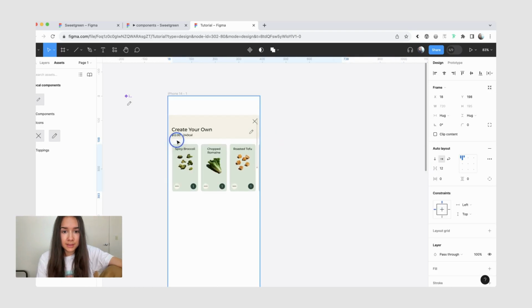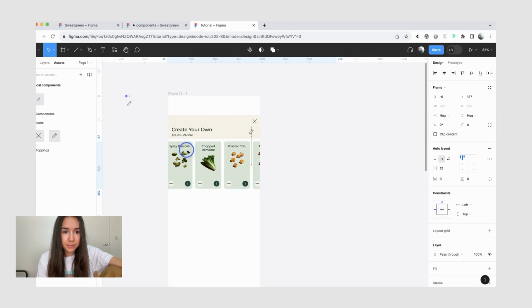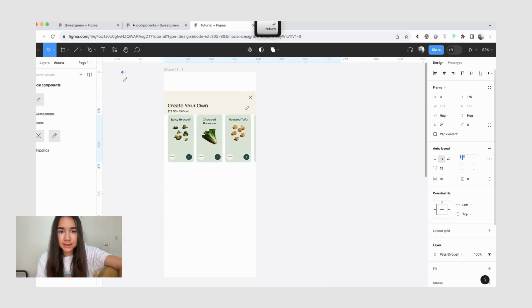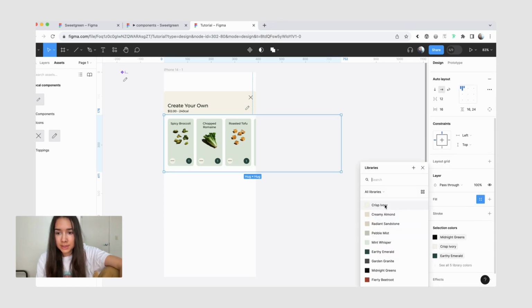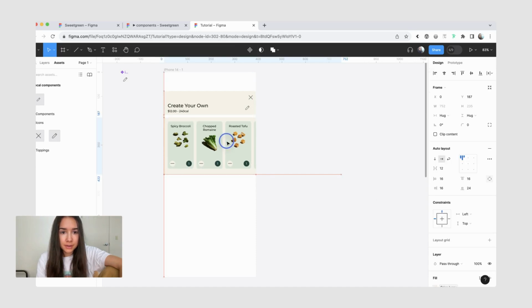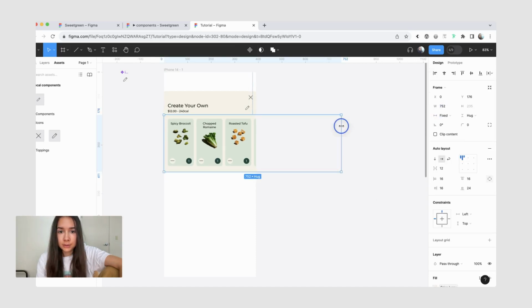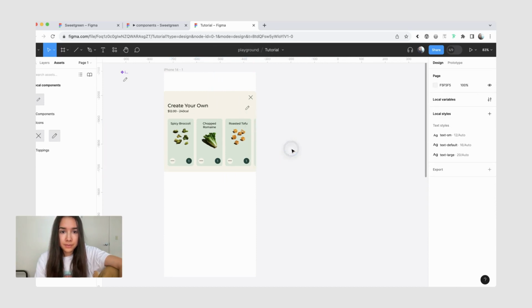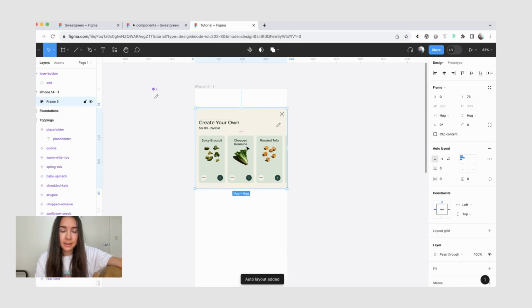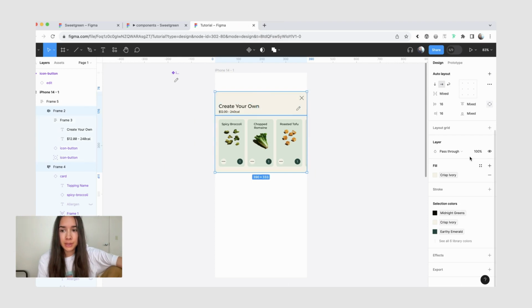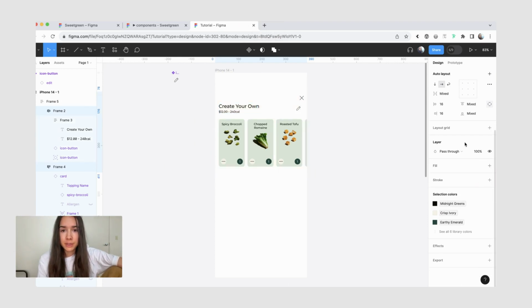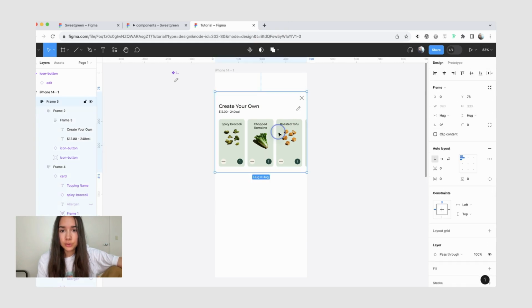And we're going to place it inside our frame. We'll add 16 horizontal padding, and then maybe 16 at the top, 24 at the bottom. And we're also going to set the fill to crisp ivory. And the last thing, we're going to set it to fixed width. And our fixed width is going to be 390. We'll combine these two layers inside their own auto layout frame. Actually, what we can do, since these two layers will always be together, we're going to remove the fill from each individually and apply it to the overall frame.